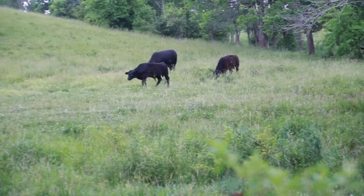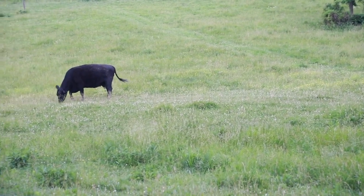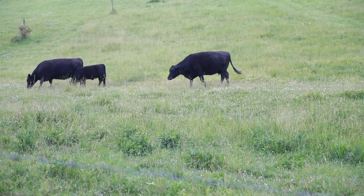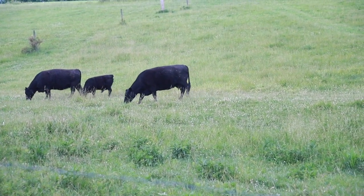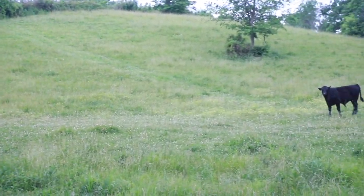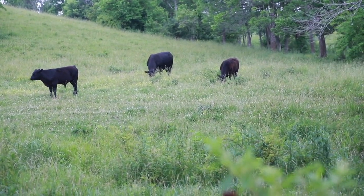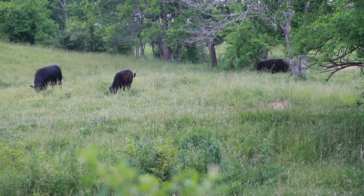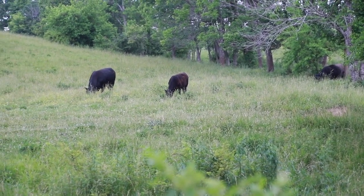It's evening, and they're kind of moving to wherever they're going to go to bed tonight, and so they're just around. But we do raise Black Angus cattle here on our farm. And for those of you who are interested in the whole grass-fed, grain-fed thing, we do raise grain-fed cattle, and you can tell that they're just really super happy out here, enjoying their green grass and their happy evenings. So we have had more cattle on our farm than this at some points, but right now this is all we're running. It's all we've got time for, and when we have time for more, we will add to our